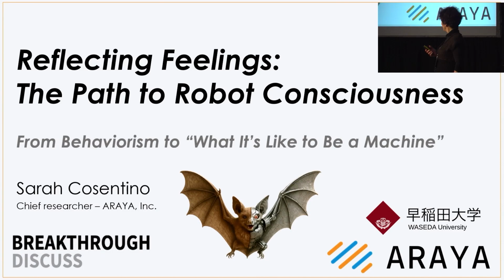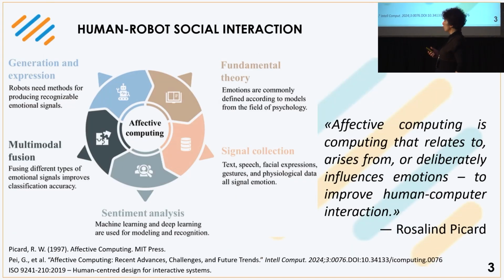So, okay. I want to talk today about emotions, especially robotics emotions, and then try to establish a link between emotions and consciousness, possibly. So, first of all, why do we need emotional robots? What is affective computing about? It's all human-centered design. So we want robots to have emotion, to be able to express emotion, because this will render the user experience better. It will improve the user experience.